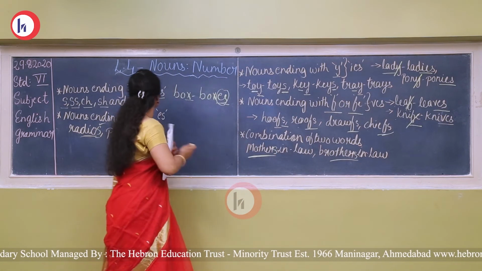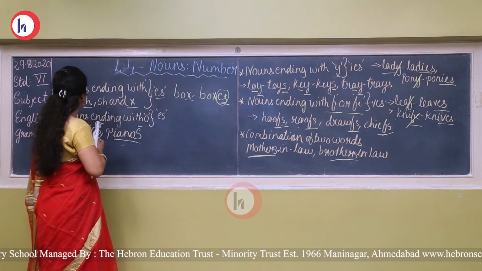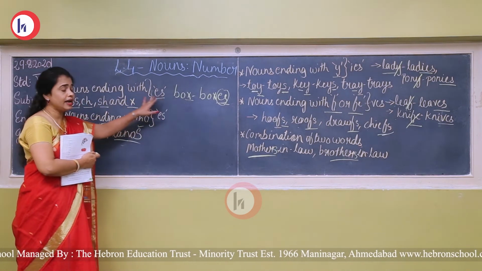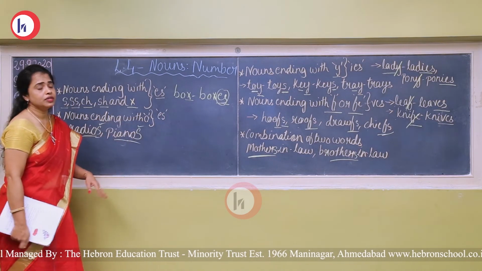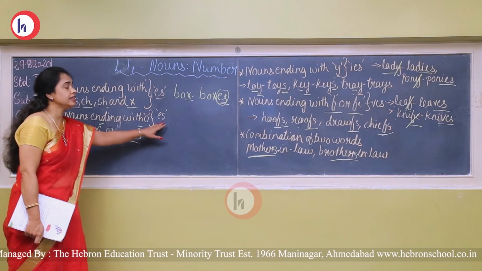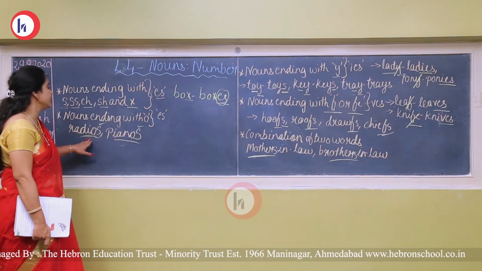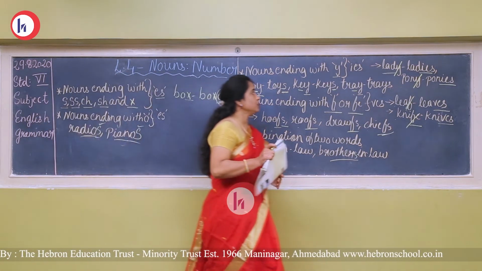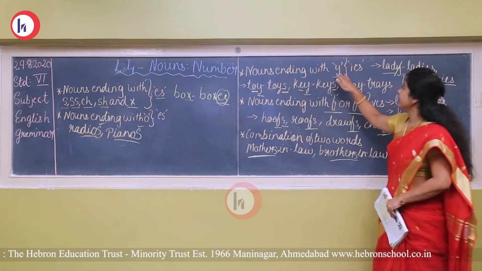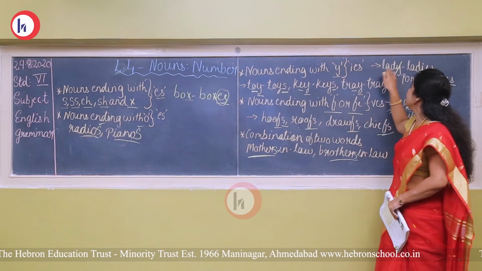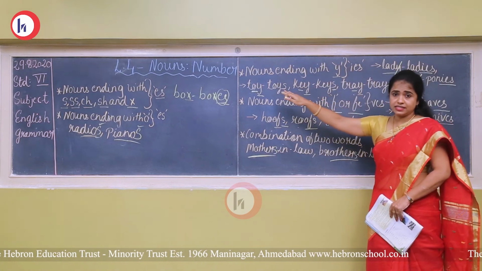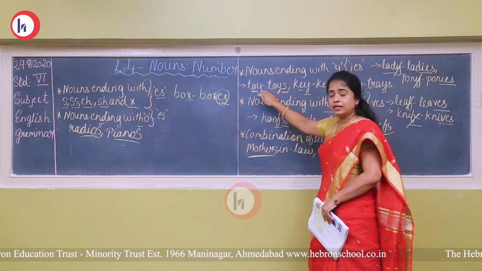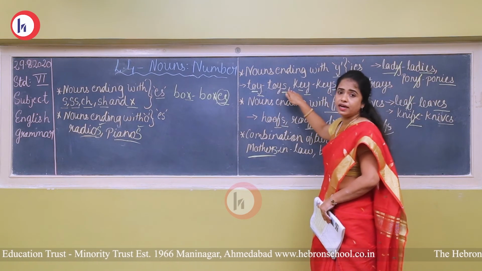Okay. So these are the rules: nouns ending with S, double S, CH, SH and X, you will put ES at the end. If your noun is ending with O, then you will put ES at the end. That is the basic rule, except these two words, radio and piano. You will just put an S. Now if your noun is ending with Y, then omit the letter Y and put IES. But there are certain exceptions to this. If your noun ending with Y has a vowel preceding it, then just put an S.